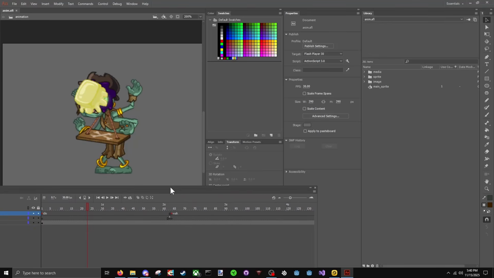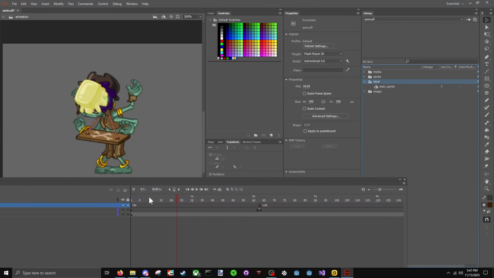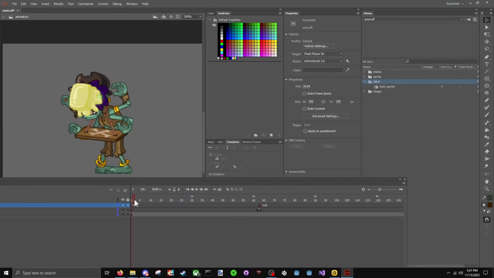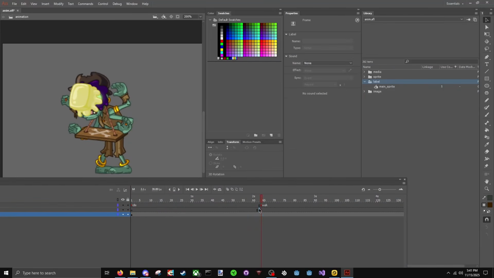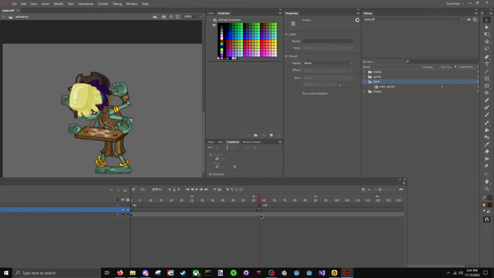So for this, I'm going to make a new folder. We're going to title it label. Awesome. We're going to drag our main sprite inside of here. Jolly. Now, let's go and figure this out. I'll do the idle animation, for example. We're going to simply go over here, drag it to the end until we see this command that says stop. This basically tells the animation, hey, you need to stop on this, and then it goes back to the start,